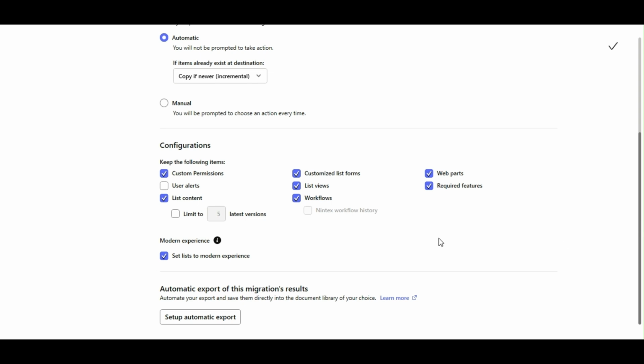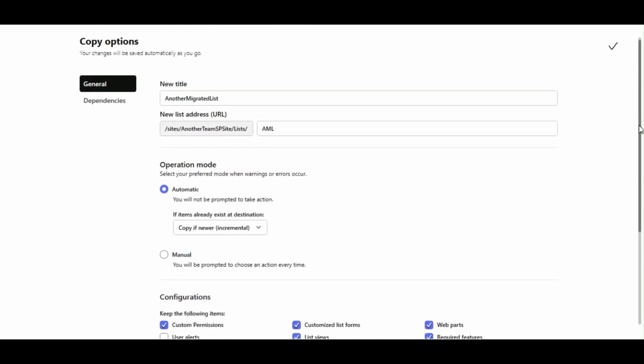So, for example, if you were migrating a document library with document sets, and you use the classic experience so that you could see the document set welcome page, since it hasn't yet been working the same way in the modern experience, then you would not want to set list to modern experience if you were trying to drag out how long you could continue to enjoy that welcome page experience in document sets. But in general, the ideal scenario is that you will want to and will be able to set list